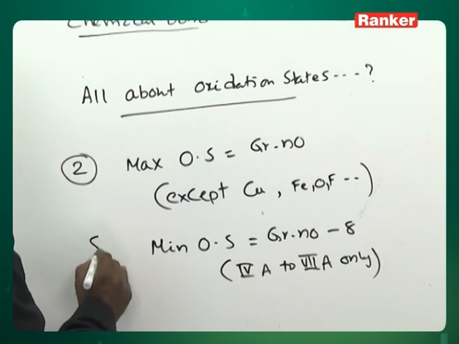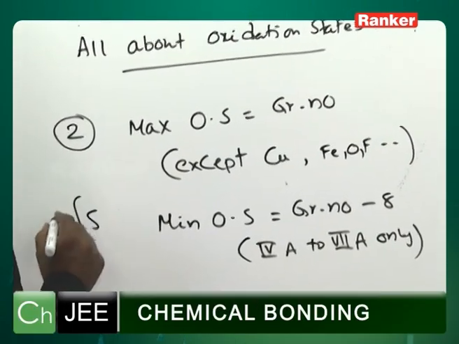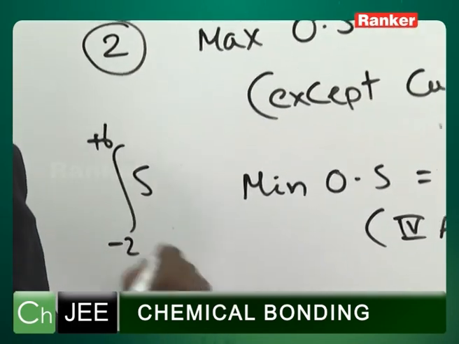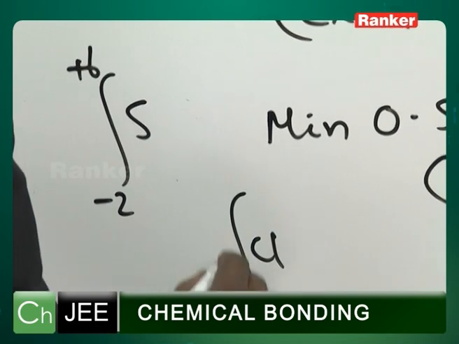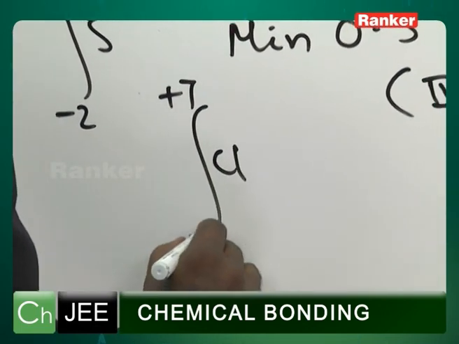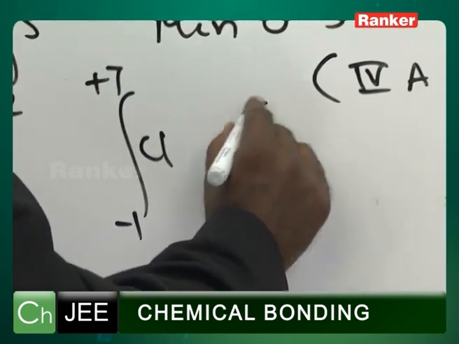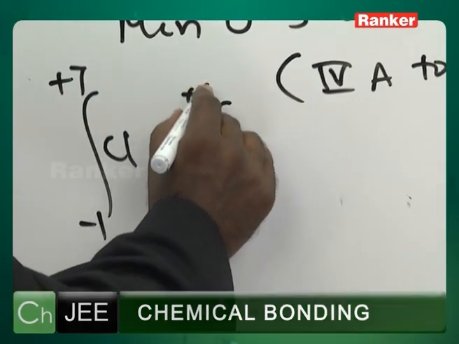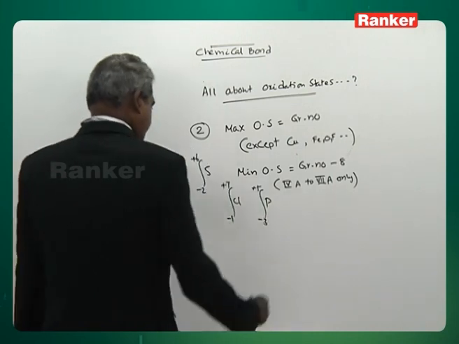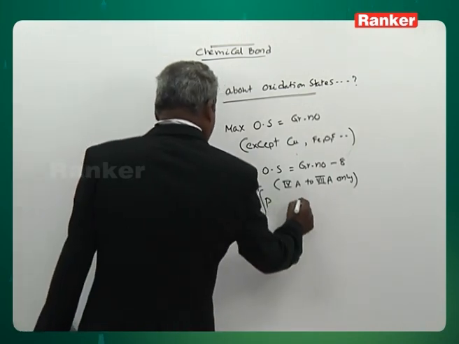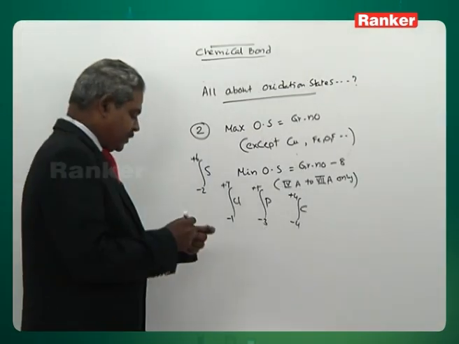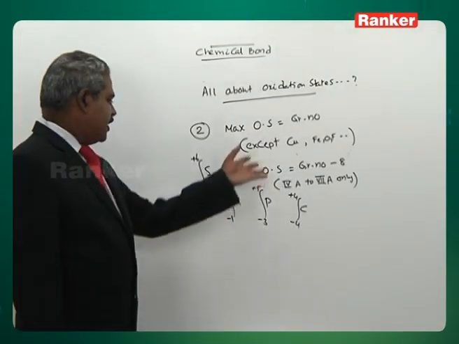So, sulfur, what is the maximum? 6th group, plus 6, minimum 6 minus 8, minus 2. Chlorine, 7th group, maximum plus 7, minimum 7 minus 8, minus 1. Phosphorus, maximum plus 5, minimum 5 minus 8, minus 3. Carbon, 4th group, maximum plus 4, minimum minus 4. So, all these elements can exhibit any oxidation state,